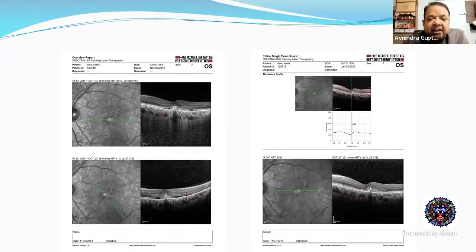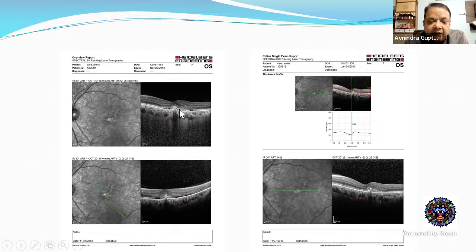At that time in 2011, we also got a Heidelberg imaging system, and we did an EDI OCT. You see the choroidal thickness is increased, and there is a large choroidal pachy vessel here. You can see this empty area here. This is a large choroidal pachy vessel